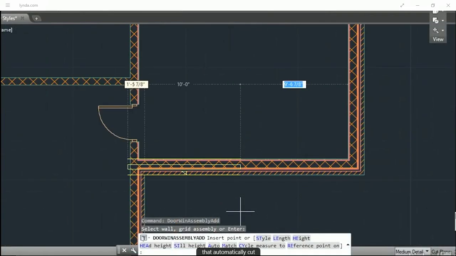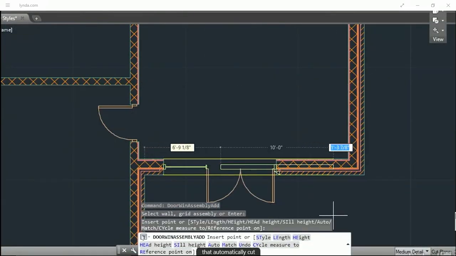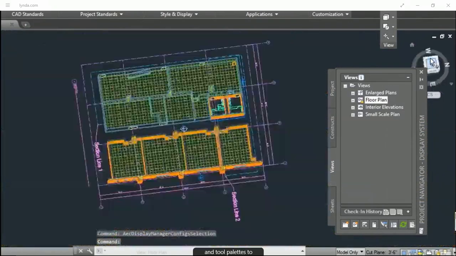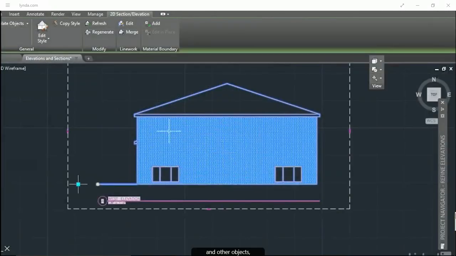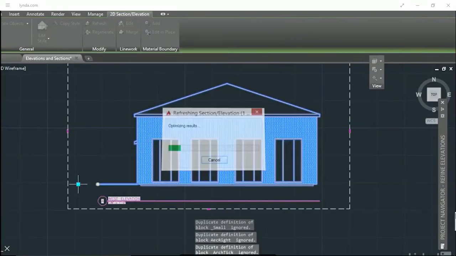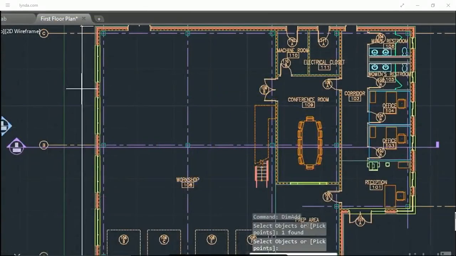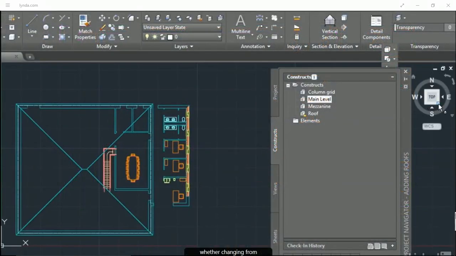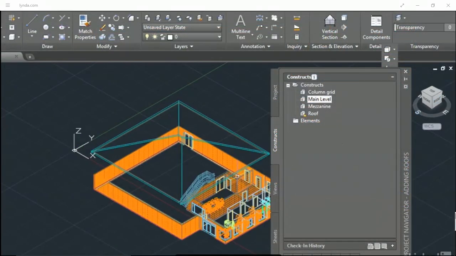We'll see ways to refine the layout using tools and tool palettes to change the style of walls and other objects, incorporating such things as materials and automatic hatching. We'll see how with the click of a mouse we can completely change the graphics used to display our drawings, whether changing from small-scale plans to large-scale, presentation views to production views, or switching from 2D to 3D, all without